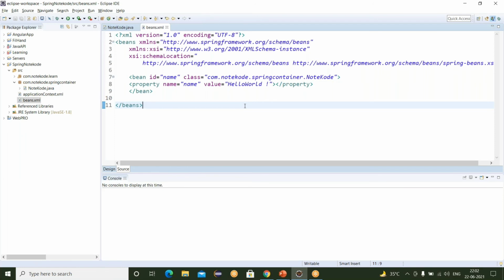Now for instantiating your object with the help of application context, let's create a new class.